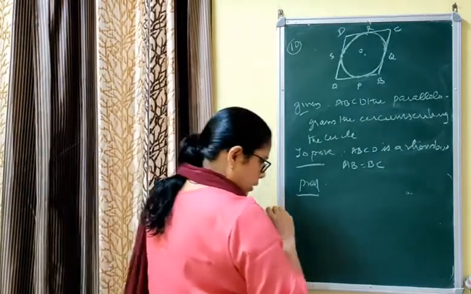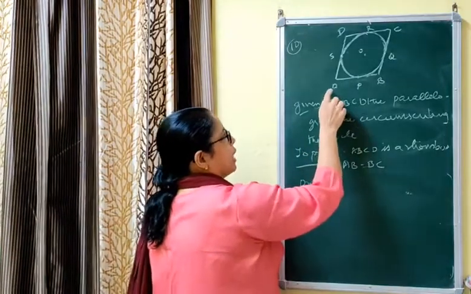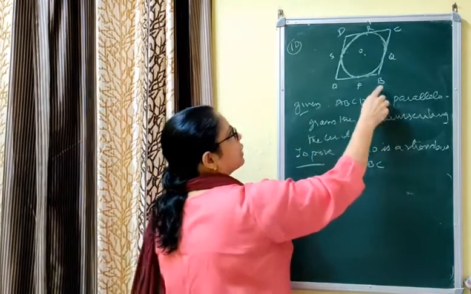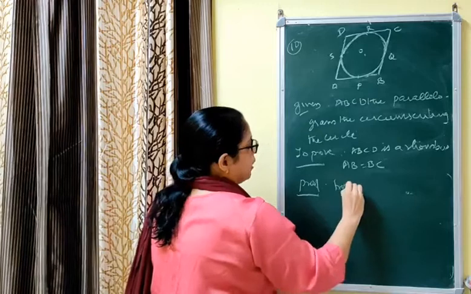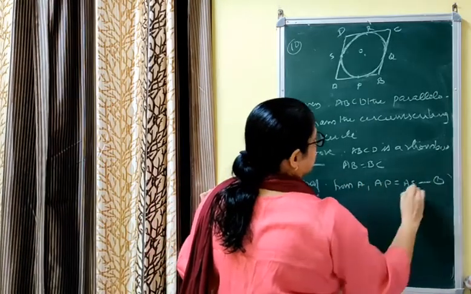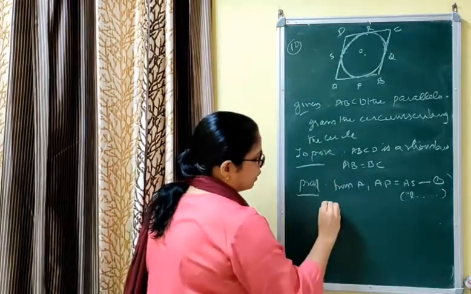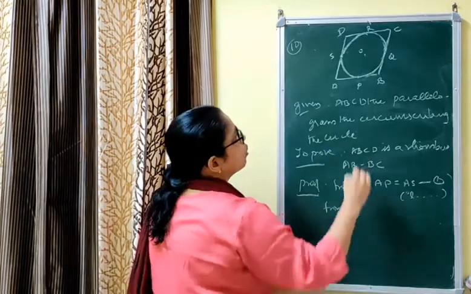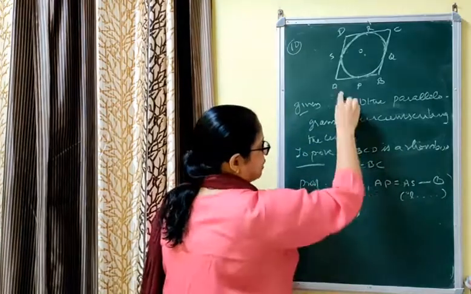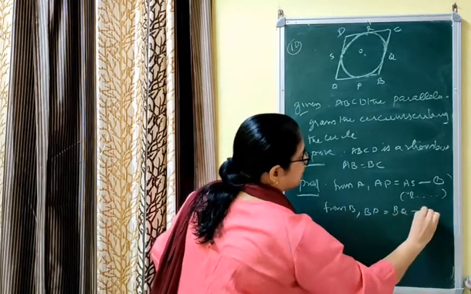Like in question number 8, we will apply theorem number 2 from the external points A, B, C, D. हर point से length of tangent का theorem apply करेंगे. From A, AP is equal to AS. That is length of tangent. हर बार नहीं लिखूंगी, आपको लिखना: length of tangent drawn from an external point to a circle are equal. Next कौन सा लेंगे? From B, BQ equal to BP होता है, but you have to write BP first, so that AP plus BP becomes AB. Now from B, BP is equal to BQ, equation number 2.